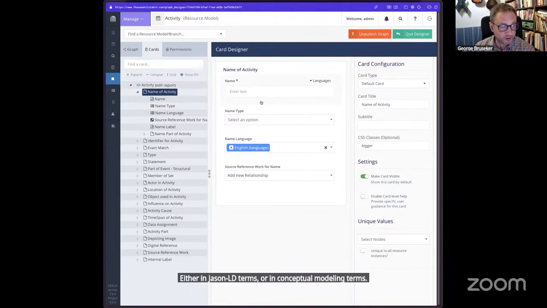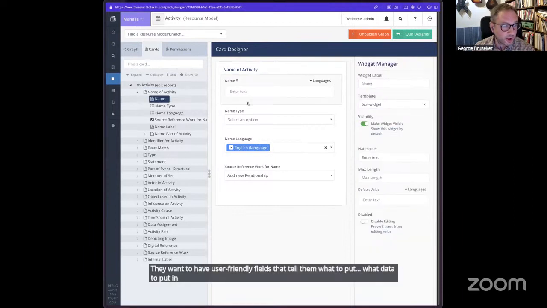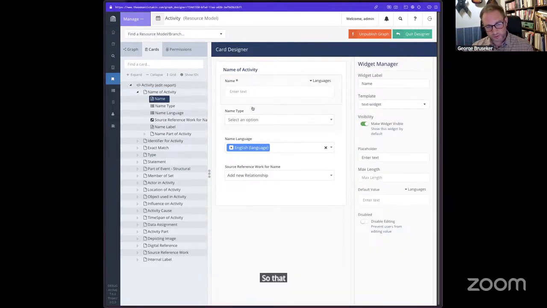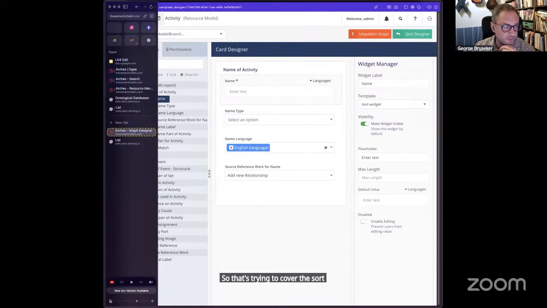They want to have user-friendly fields that tell them what data to put in, where in the UI, and so then you have these sorts of options. So that's trying to cover the whole gamut of the different audiences and bring them together.